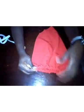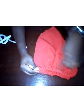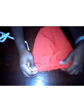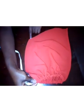Once you're done, you then fold it into 2, and so you measure your original sleeve circumference. Just add about 1 inch ease to it, and you measure that here, and so you pull this out, you hold this together. Look at your sleeve now, and so you just sew in 1 inch. I'll be sewing in 1 inch for the allowance I left. I'll just sew in 1 inch now. Once you're done sewing, this is what you get for your sleeve. So I'm going to pull it out, turn it to the right side,